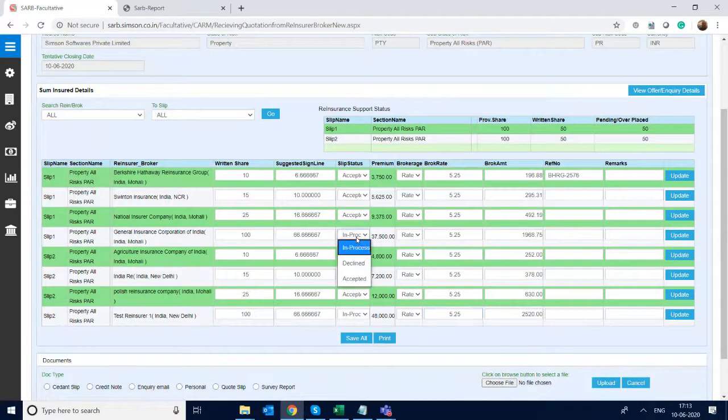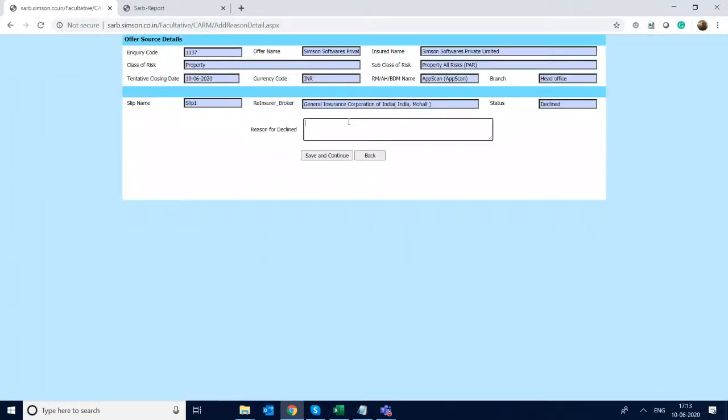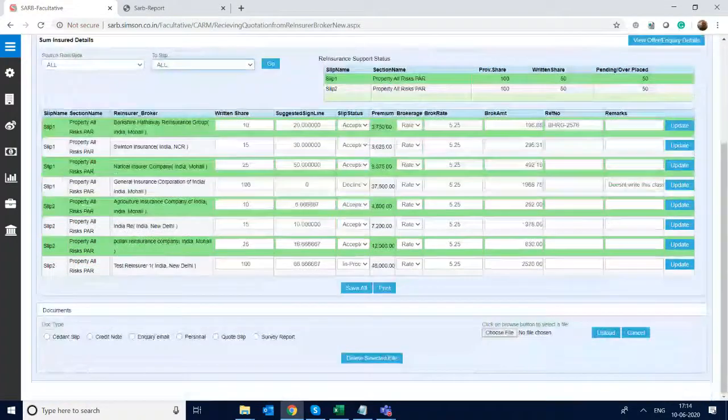So there are two more companies lying. I'll decline, or I can leave it like this. So not interested, does not write this class of risk, or whatever. So one declined.